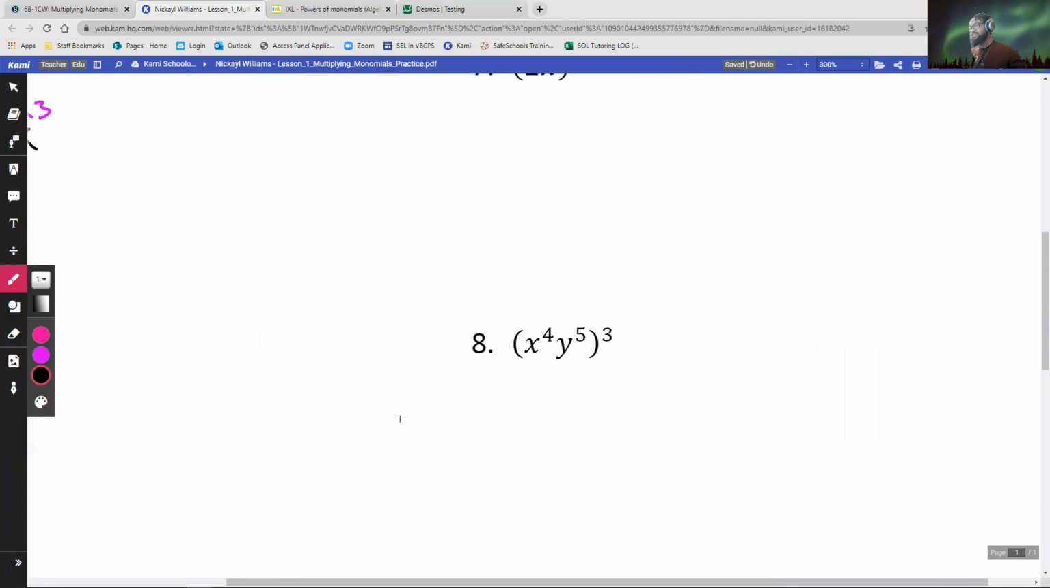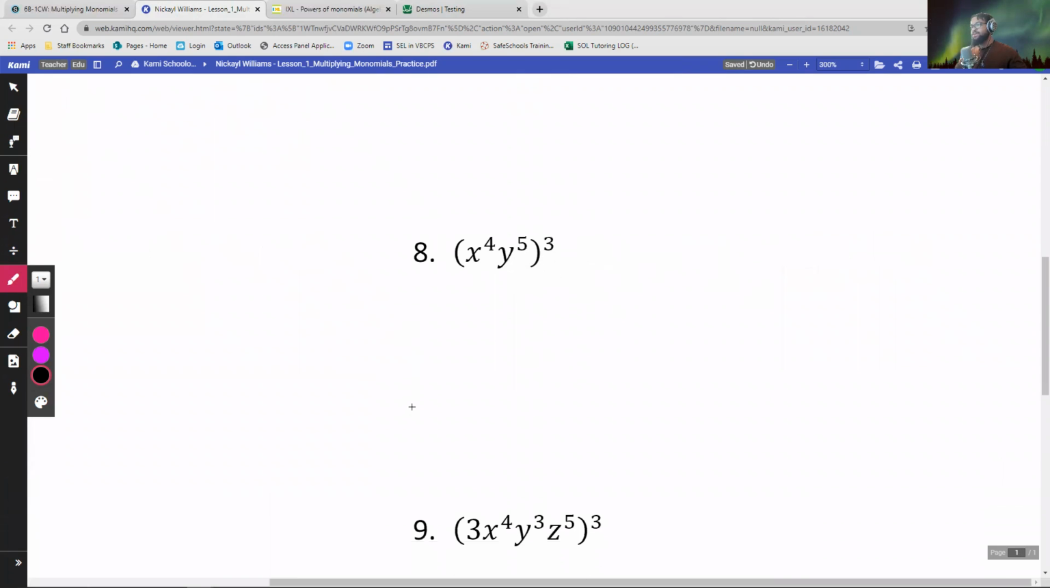Number 8 is one that looks a little tricky. It's not too bad though. Number 8 says x to the 4th times y to the 5th, all cubed. And the way we do that,